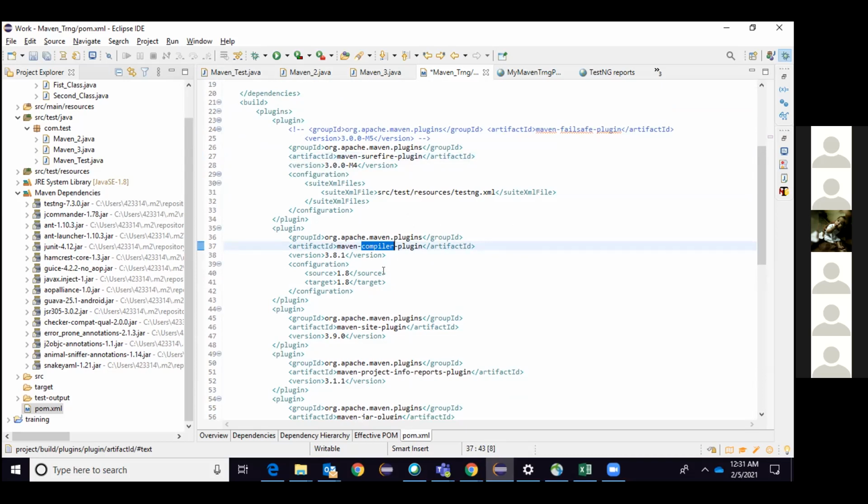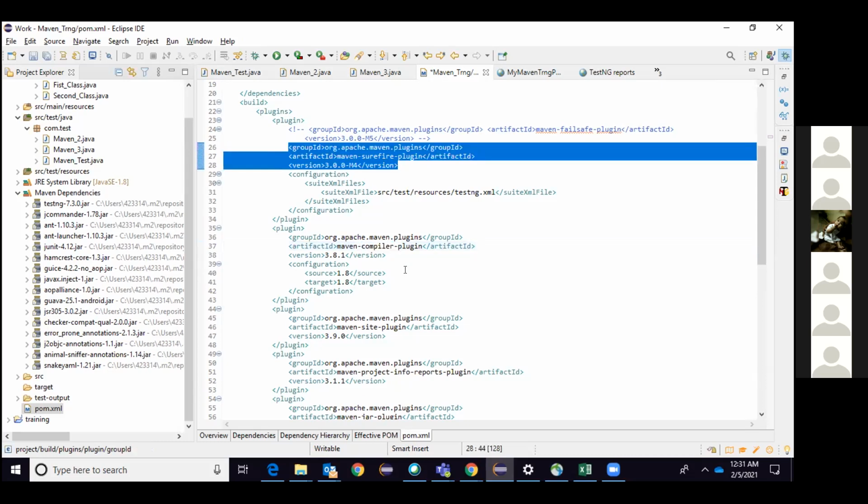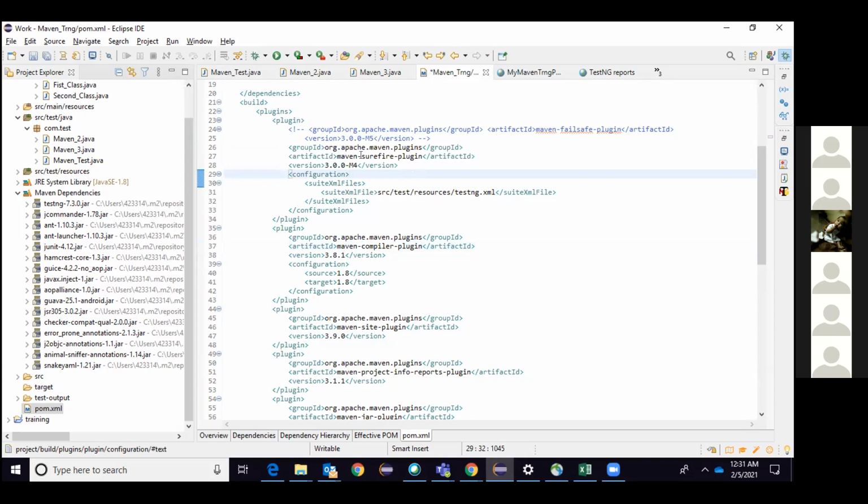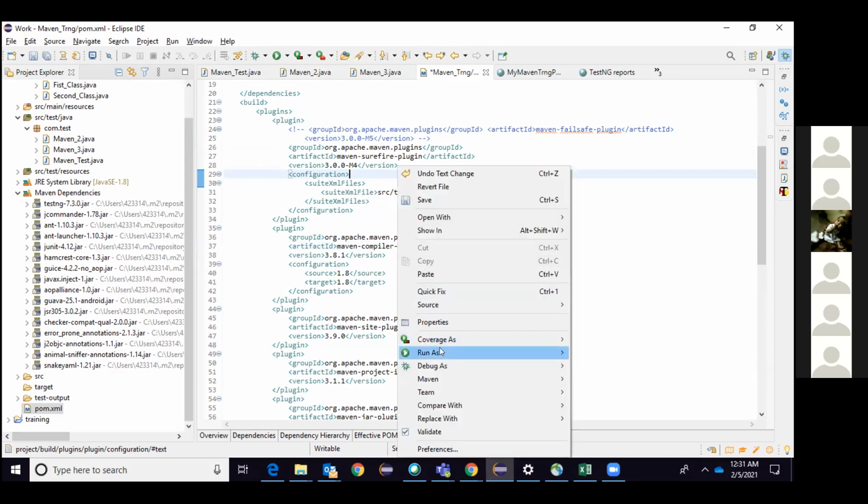I can say compile means I have a compiler, right? Why do I need the compiler? Why is Surefire there? What exactly does it do? Now to answer this, here you have a plugin you have added. That means you are doing some action in that. Now, a simple thing.